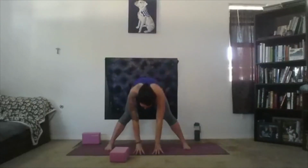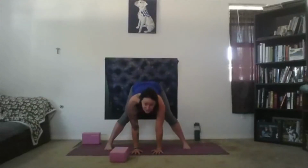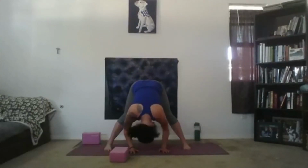Meeting back in star pose. Reach your fingertips out to the sides, stand tall, take up so much space. Take a deep breath in, and exhale, fold forward. Allow your arms to come down to the floor, to your props. Keep a gentle bend in your knees, more generous if you'd like, and reach the crown of your head down towards the floor. Shake your head no, nod your head yes,